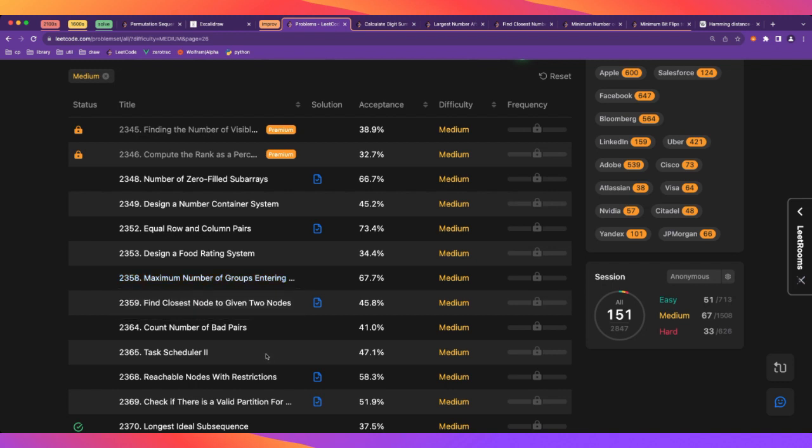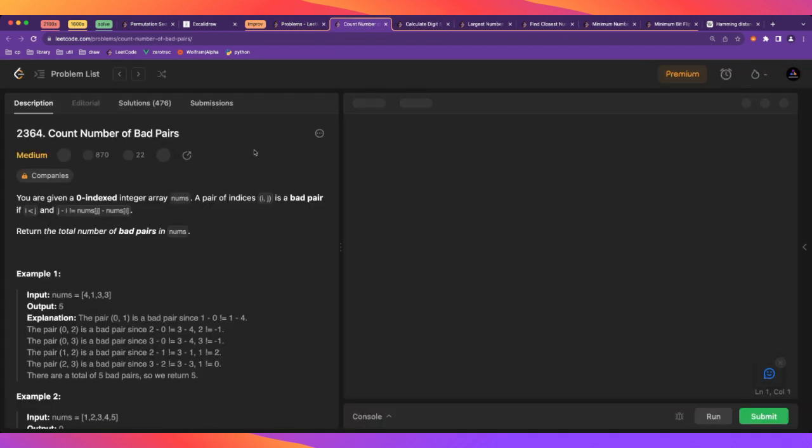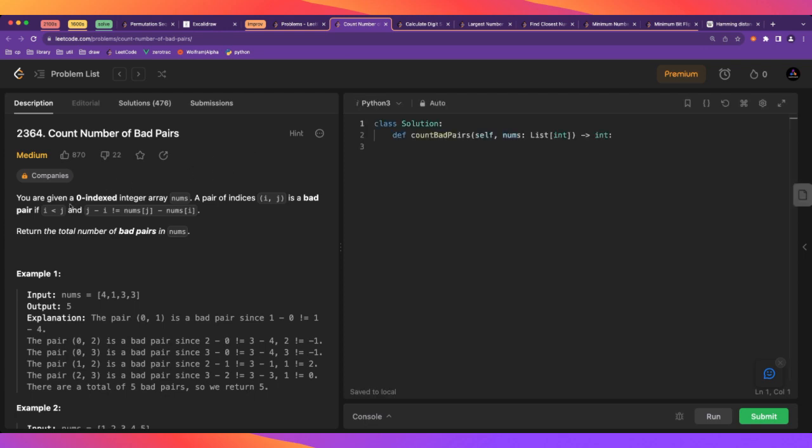Count number of bad pairs. Let's see if we can do this one. You are given a zero-indexed integer array nums. A pair of indices i, j is bad if